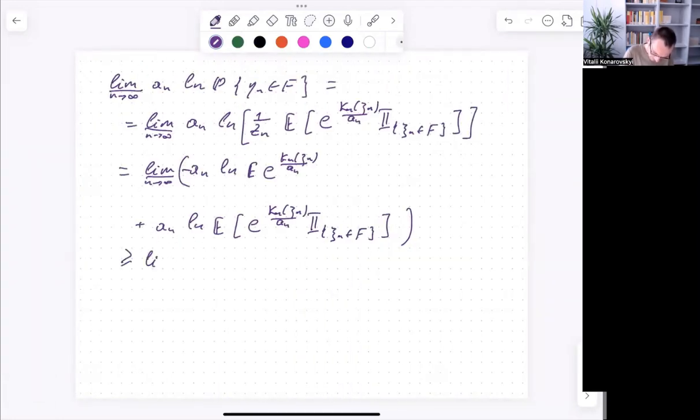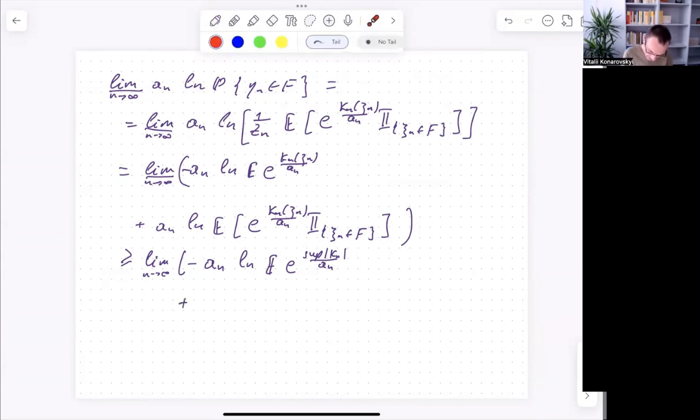It is lim as n goes to infinity of minus a_n logarithm of the expectation of e to the supremum of k_n divided by a_n. And then plus, and then you do the same trick here. You have infimum, and you want to estimate that term by the infimum over the complete